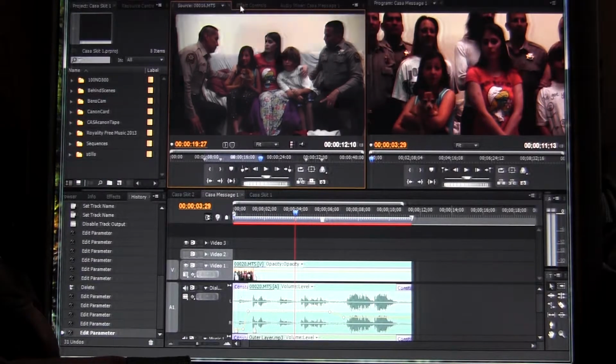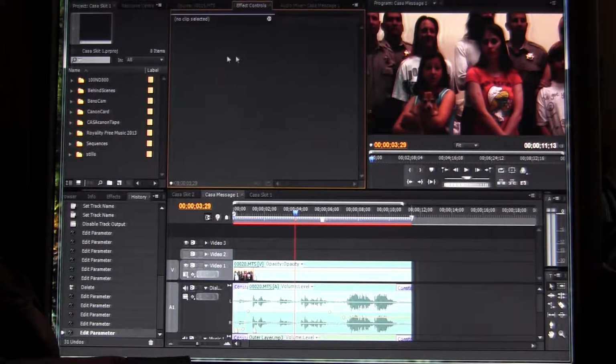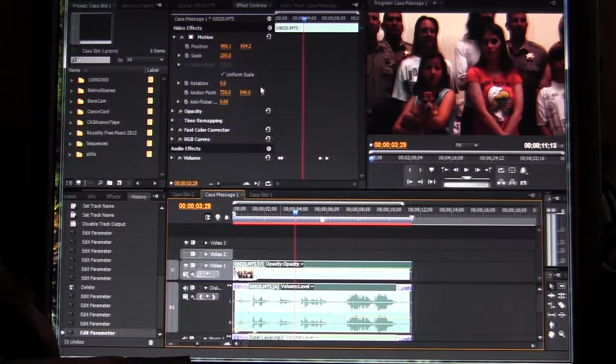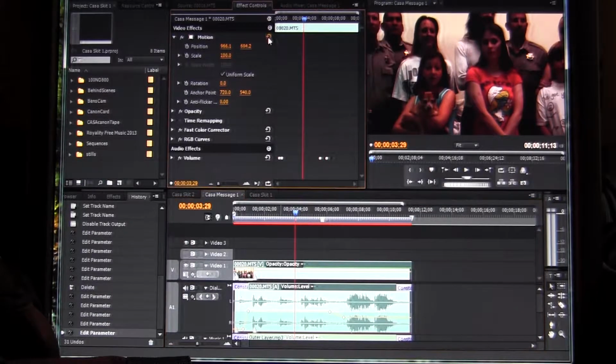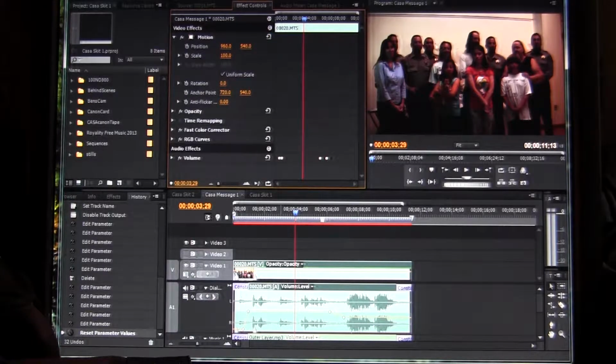So okay, let's go back to effects control up here. You don't see anything under effects control because you don't have a clip selected, so we click here. So we've got position, and this button right here is nice. Let's say everything you just did you hated and you're like, I didn't like that. You can either go back down to your history button and remember which settings you want to go back on, or you can go to reset, and it will reset the shot back to its original shape and size, which I really love. So under there you have position, scale,